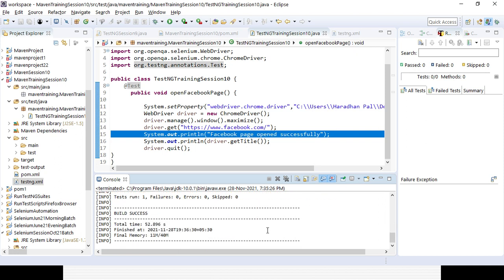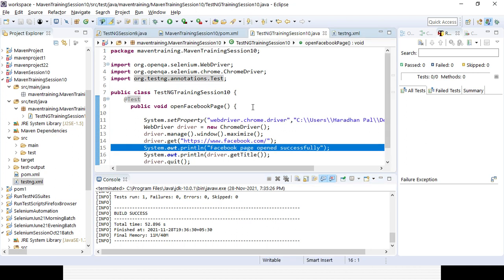After that, there are a lot of advantages, and I'll be covering them one by one. If you still have doubts, I will definitely clarify those things. One advantage is that if you need to add something to your project, like Apache POI, TestNG, or HtmlUnitDriver, we add it as a dependency.